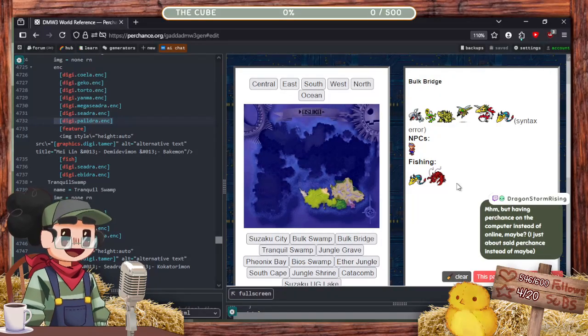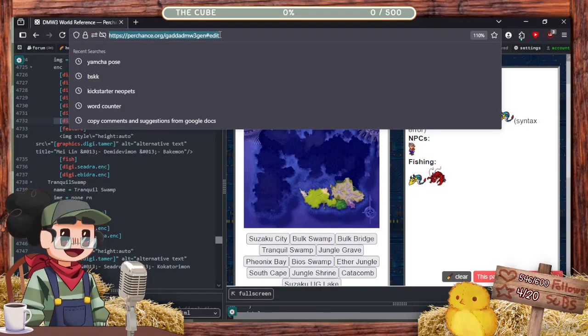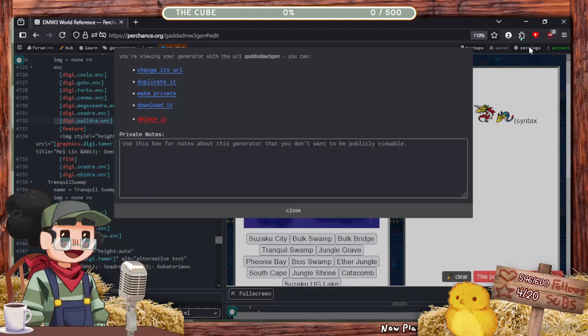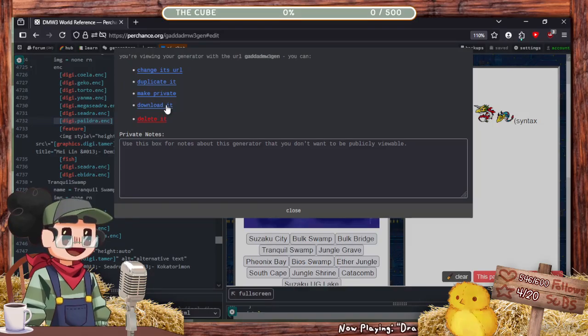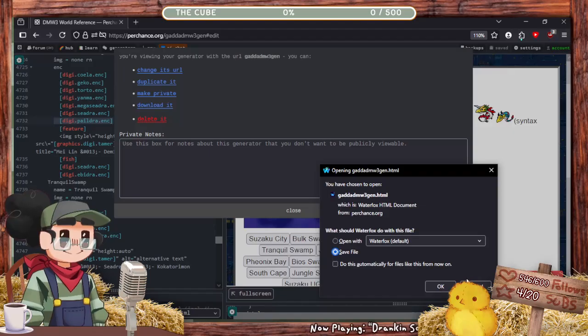Oh, but having perchance on the computer instead of online. Oh, yes. No, that's not a problem at all. Actually, you'll notice in the URL, it says perchance.org/Gadda DMW3gen edit, okay? I have a settings thing that allows me to duplicate it to this URL, make it private, or download it. So if I download it, it is saved